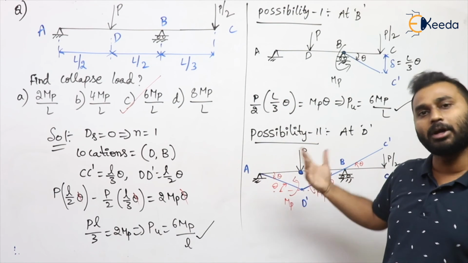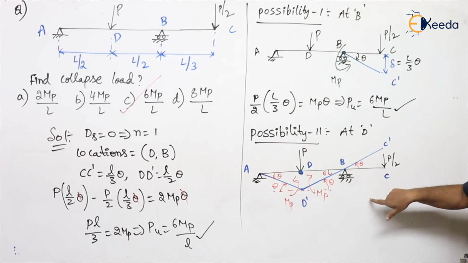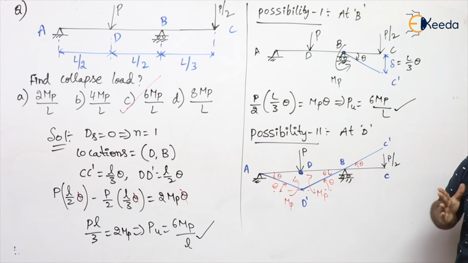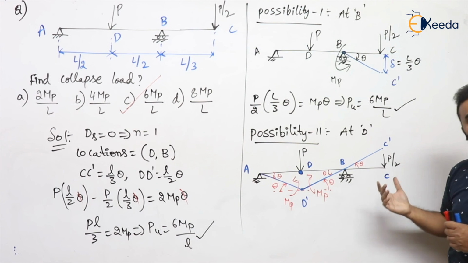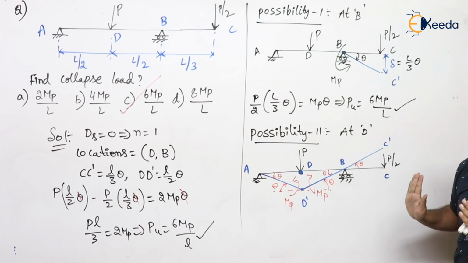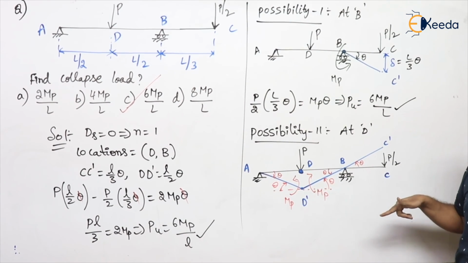This is somewhat of a typical question. There is a mechanism diagram. For possibility 2, the mechanism is somewhat different in comparison with the cases we have discussed already. So the mechanism diagram in possibility 2 is somewhat different in comparison with the cases we have done so far. Is that okay? That is the only thing we haven't discussed so far. So take it down.